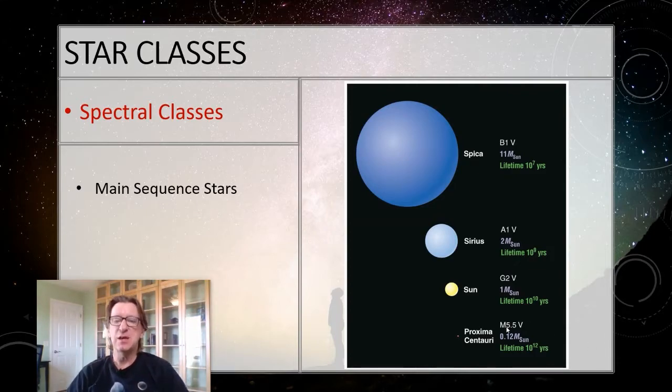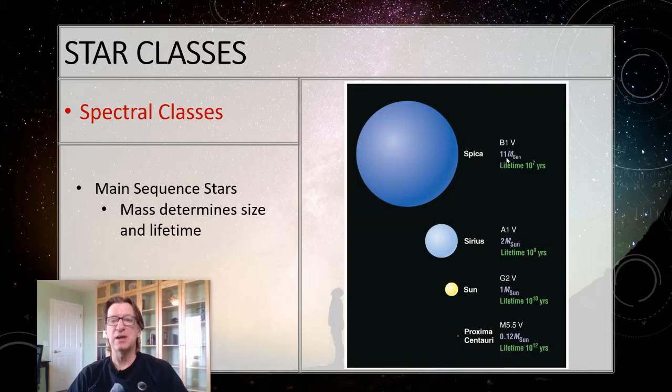And you see that it's an M-type star. And even though it's a main sequence star, it's going to be around for trillions of years. It is teeny tiny compared to the sun. So if we find any planets that might be habitable around here, they're going to have to be very close to the star, just because they're not putting out a whole lot of energy there. So the mass determines both its size and its lifetime.